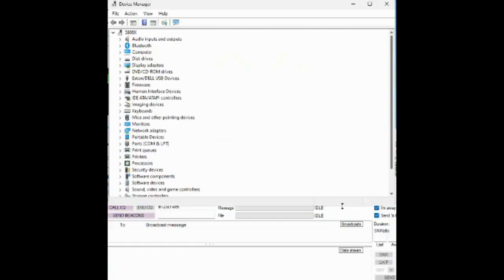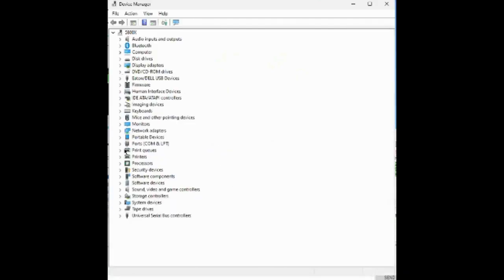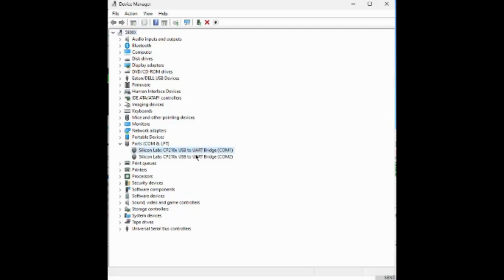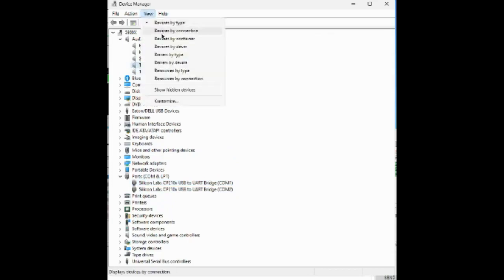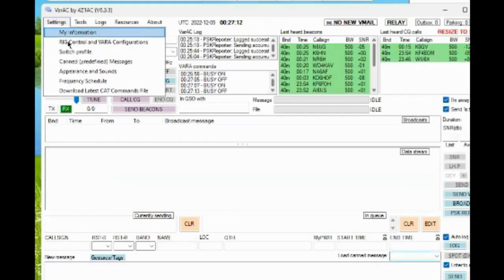See, under ports here, I see there's 2 ports. Both of these belong to the radio. But in audio inputs and outputs, the radio also has a built-in sound card. This is much easier to see. This is the radio connected to the USB, and it exposes these 2 serial ports as well as the audio input and output devices. So what that means is, in my setup, when I go into the rig control and